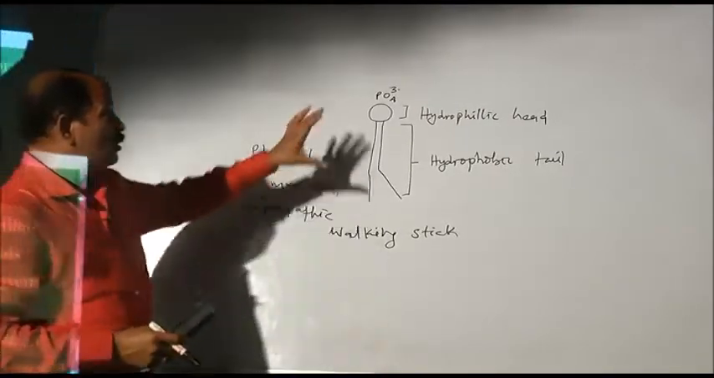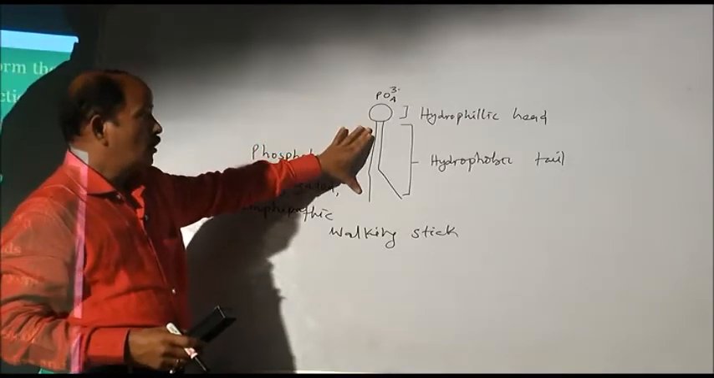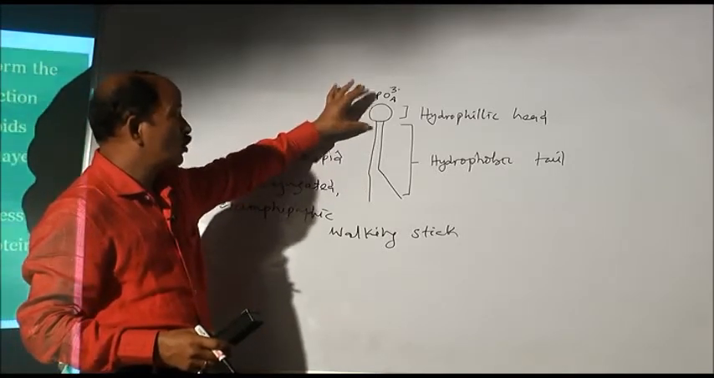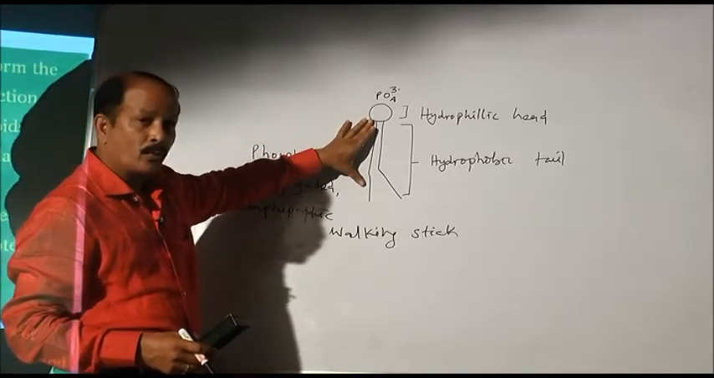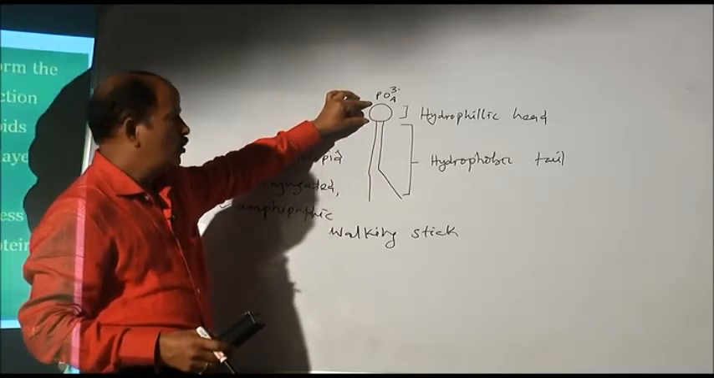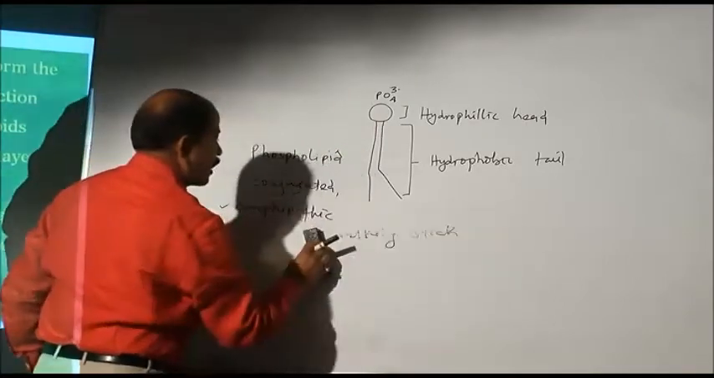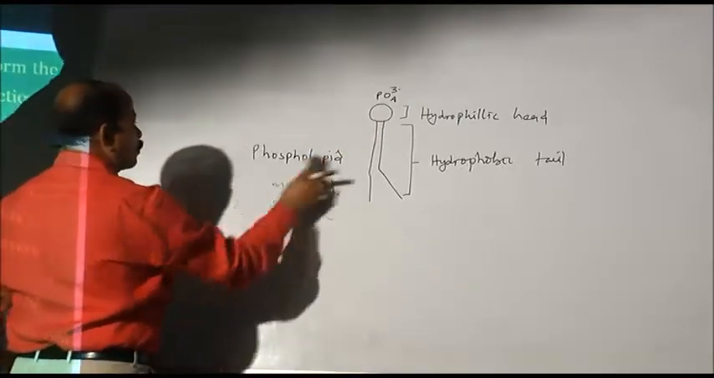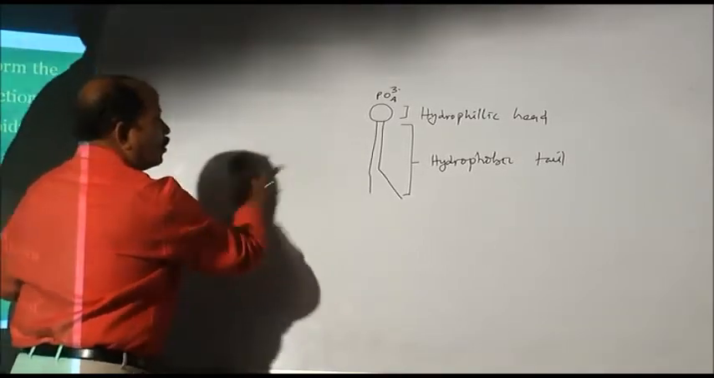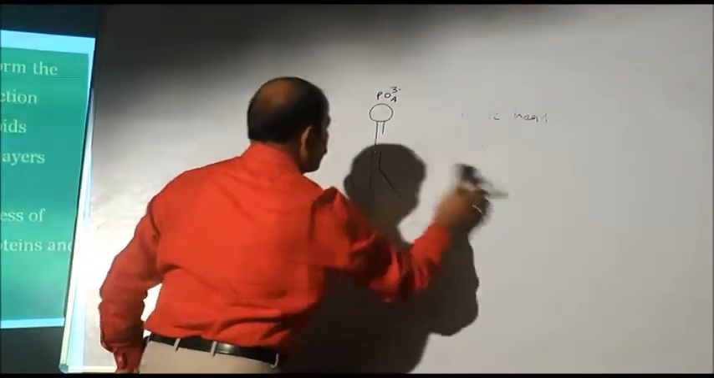Similarly, we see a phospholipid molecule with two parts: one part is hydrophilic and the other is hydrophobic. Sorry, this part is hydrophobic, water hating, and this part is water loving, okay. So, as a whole this is amphipathic, having two different properties, water hating and water loving properties. Now, what is seen in the membranes, in all the membranes,